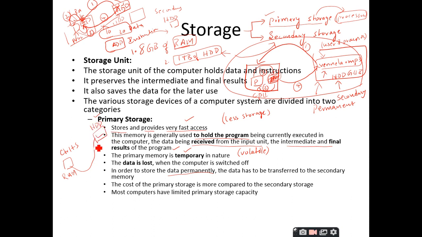We know very well about this HDD and RAM. HDD is permanent. So, when you press this Ctrl S, the contents are stored inside this HDD. Therefore, they become permanent. So, whenever you want to store the data permanently, it is better that you store the data inside the secondary memory, not in the primary memory. As I told that the primary memory is very less in size, but it is expensive. Expensive means when compared to that of the secondary storage. Less size means when compared to that of the secondary storage. We are going to compare both the primary and the secondary.